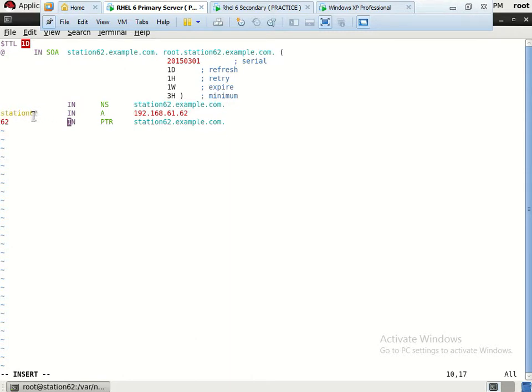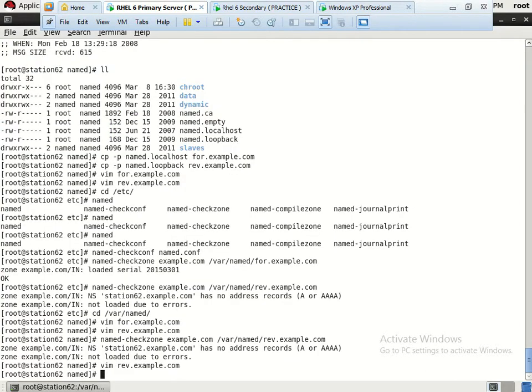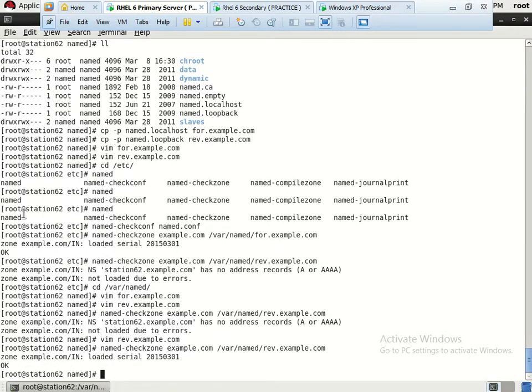You just have to put station 62 only, and the example.com, means the domain name, will be reflected from this section automatically. Now I hope that this will run now. Yeah, the reverse.example.com with the serial number 2015301 is loaded successfully and the syntax is okay. Now I can easily restart the service.